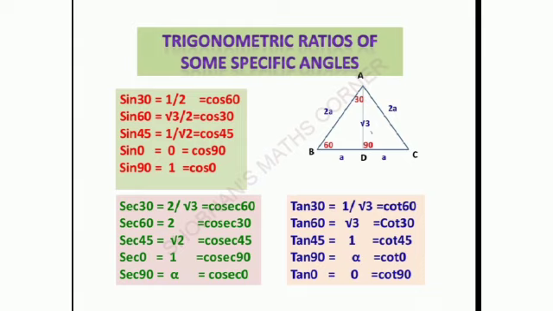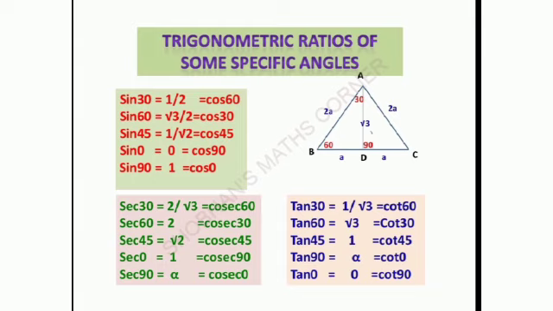So, now consider the triangle ABD. In that, if you take sin 30, opposite side is BD and hypotenuse is AB. So, if you take the values a upon 2a, that is 1 by 2, sin 30 is equal to 1 by 2. Now, cos 60, in the same triangle, adjacent side by hypotenuse. We know that definition. So BD is a and AB is 2a, so that becomes 1 by 2 only. From this we can say sin 30 and cos 60 both are equal to 1 by 2. So this is a fixed value.